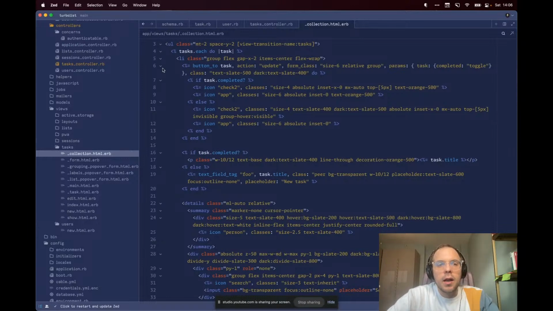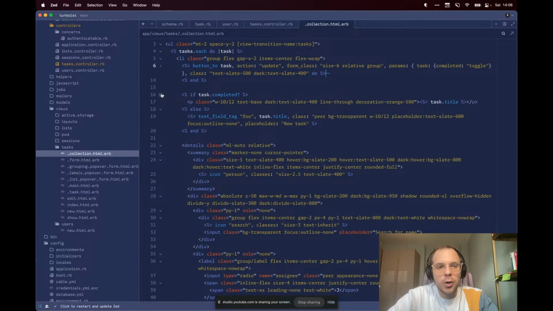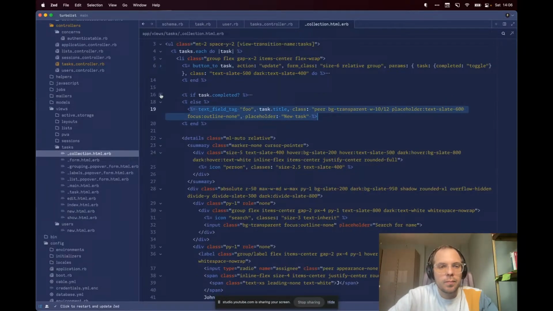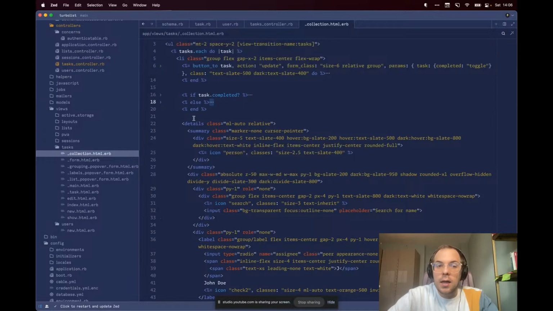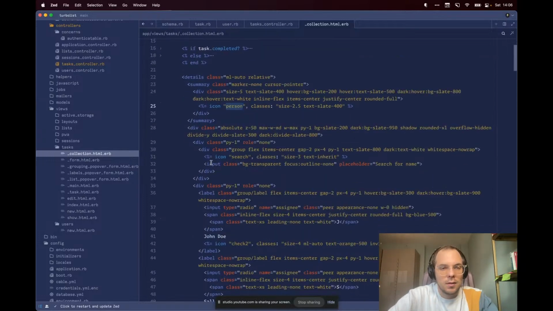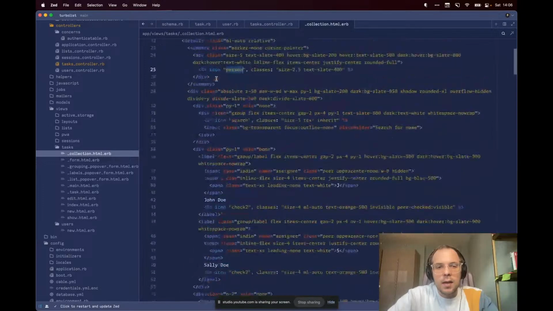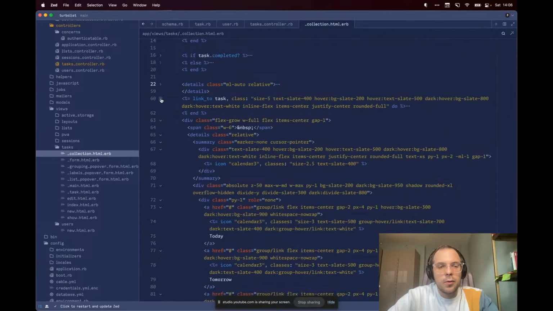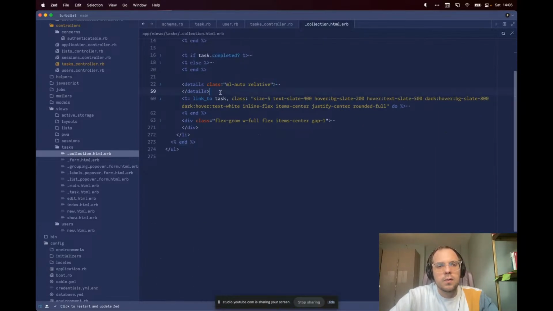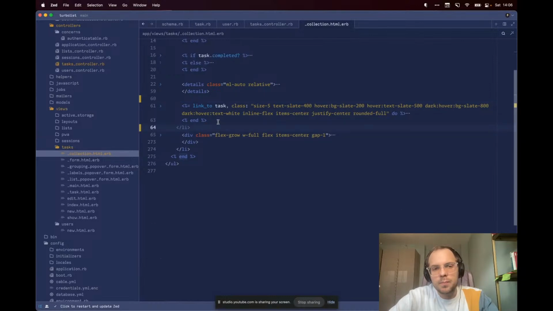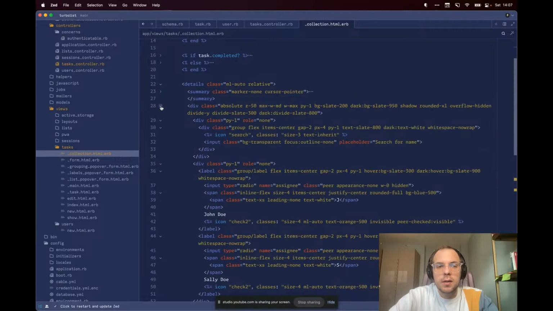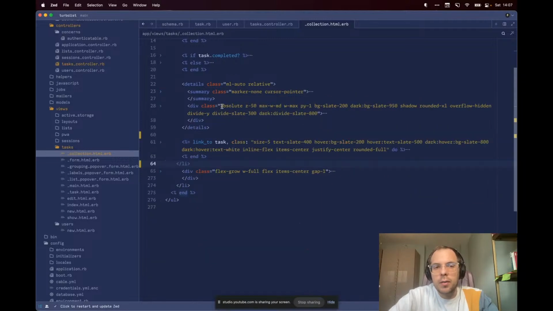We've got our button to toggle completion, not what we're looking for. We've got our task title or our task title input, not what we're looking for. Icon person, and now we're talking. So this is what we are looking for. Let's put a little bit of space here. Step one, we need to go from this details summary with absolute positioning and trying to get z-index to work,